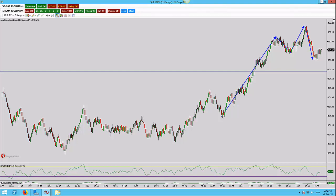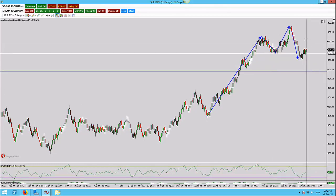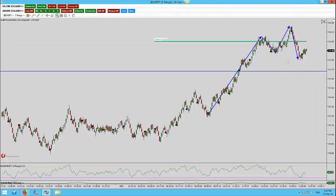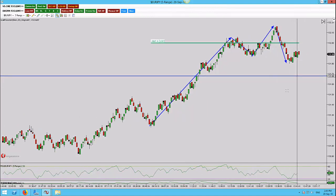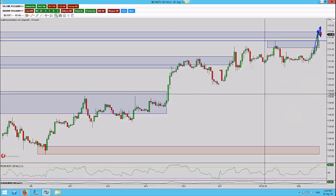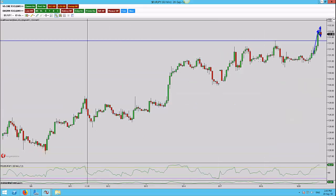Here we are on the Euro Yen 5 range, and we have a potential head and shoulders setting up. We have just had a violation here to the downside, and I'm looking at the market coming up to the 132 flat, and then I'll be looking for selling opportunities, a lower low, lower close coming down into this level of structure. If I just go to the 60-minute time frame and remove these VS1 levels, you'll actually see that